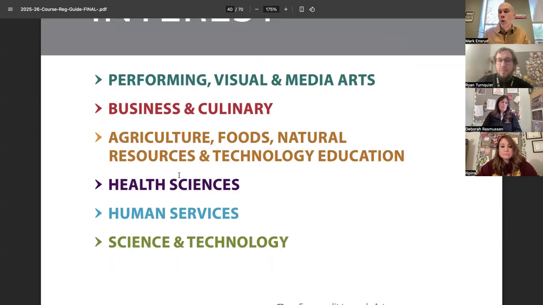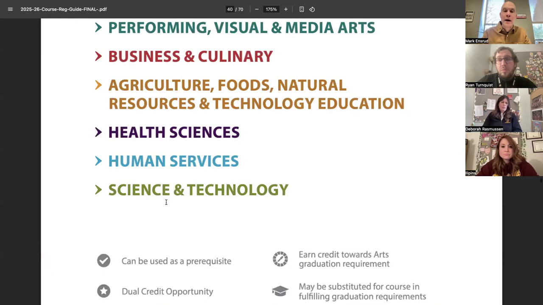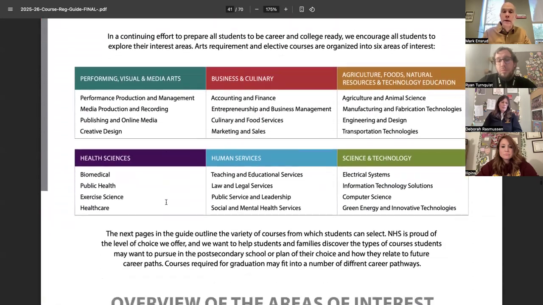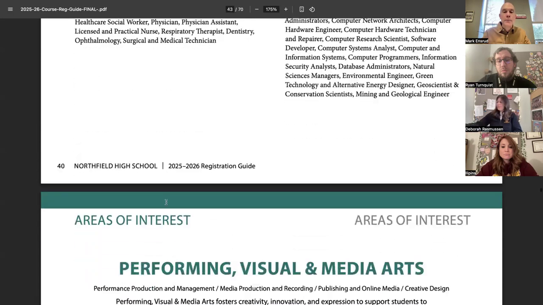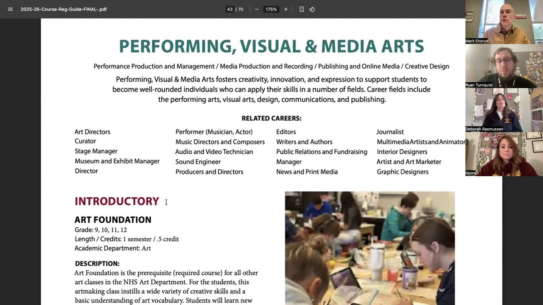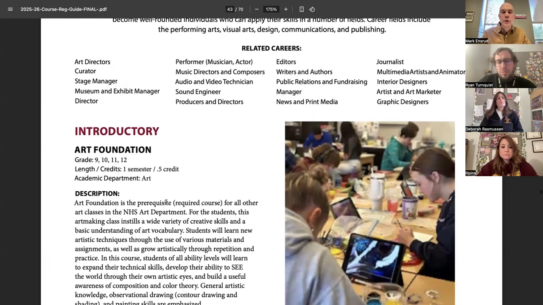and connect to the world of work and to career pathways. So you can see the categories that are set up. We've rebranded and relabeled a couple of them because they are better aligned now with what the world of work looks like, with some jobs that connect to those interest areas. And then once you get into those specific categories and interest areas, you'll see all of our courses within each